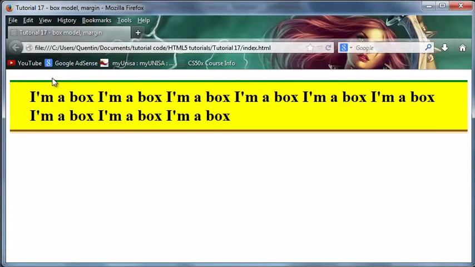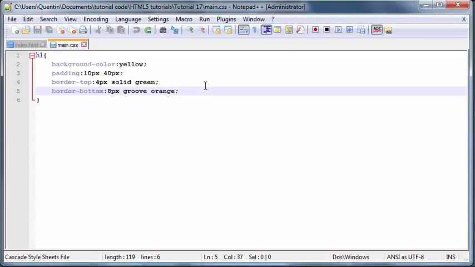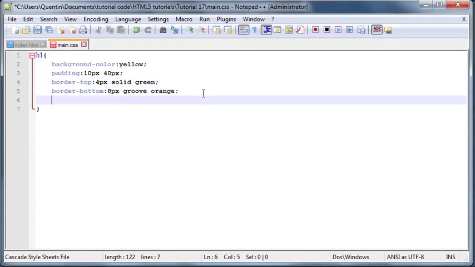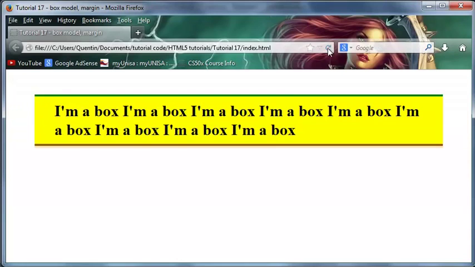Okay, so like I told you guys two videos ago, the margin is basically the white space around the outside of our element. So the space between the side of our browser and where my element actually starts, and the space between the top of the browser and where my element starts. Okay, so let's go back to CSS and change this up a little. Now all we have to do to work with margins is just type in the margin property, and then give it a size, so it works exactly like padding in that sense. So we just put 50 pixels, and now when we go back here and click refresh,